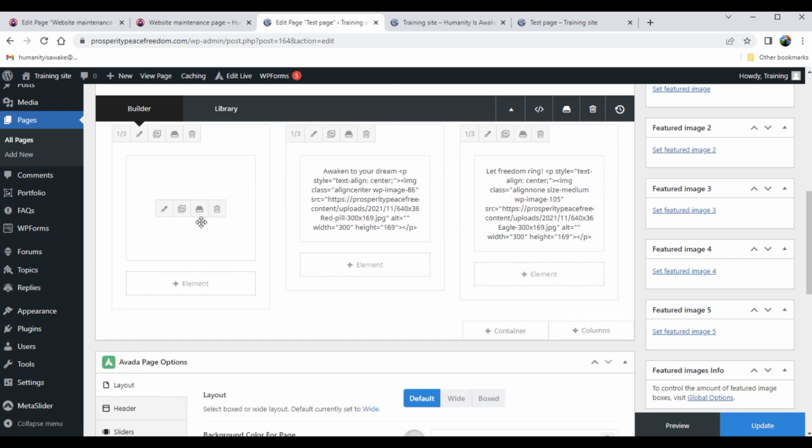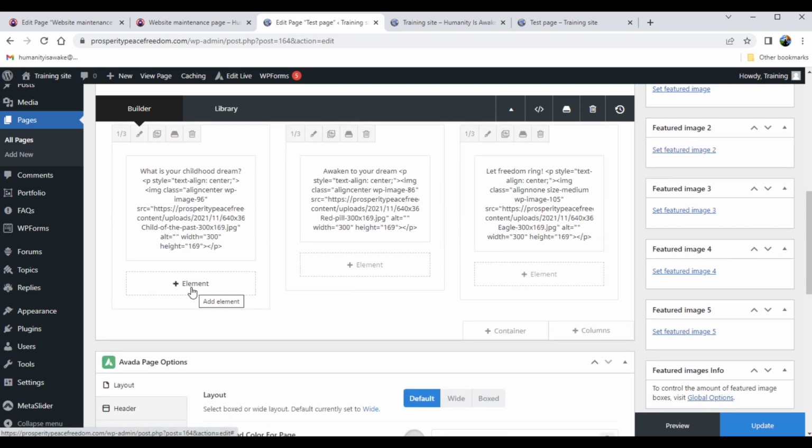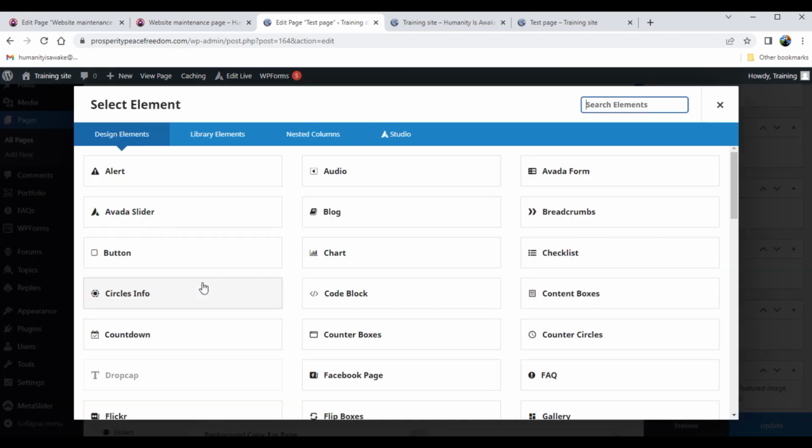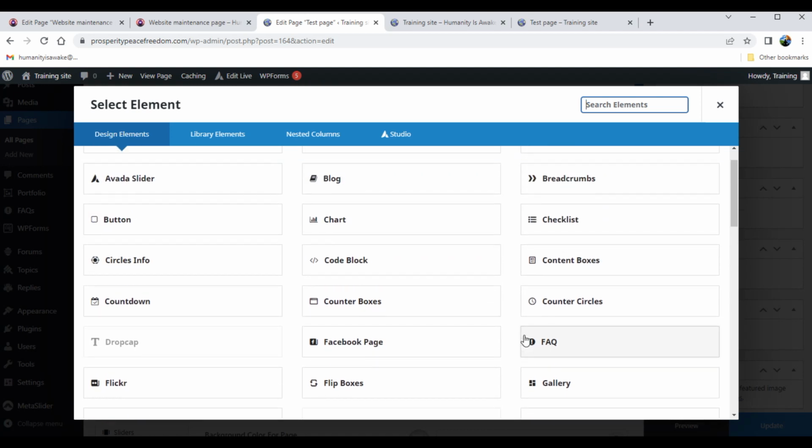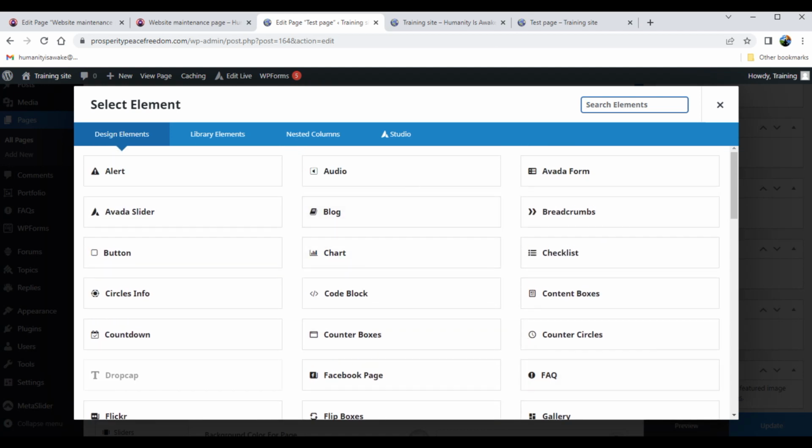Okay. The next thing that I want to show you how to do, we're going to end this video in a minute here. We don't want to make these too long. But the next thing we're going to want to show you is how to put a little button underneath here to click on, so people can click on your button and go to a different page. So let's go in here really quick